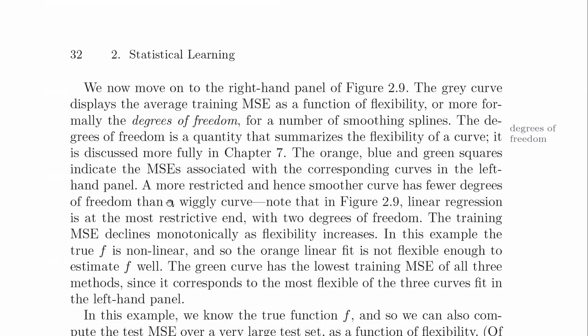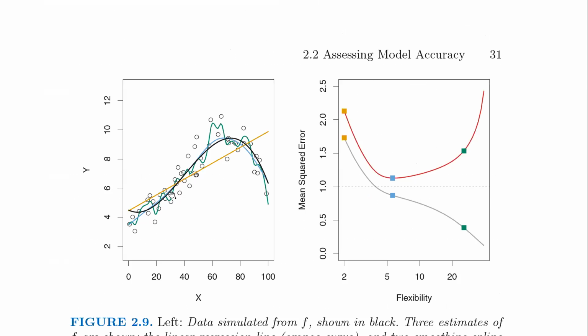So if you use a more flexible method, like the green model, remember, when you fit a curve, think of it as a model. So the more flexible you allow your model to behave, to reflect your specific training data, if you use a different set of observations, even a single data point can have perhaps